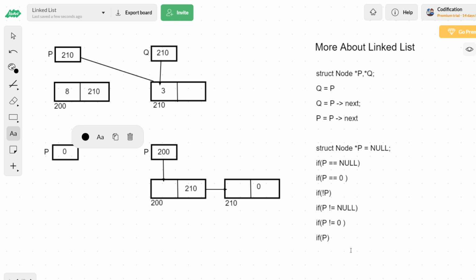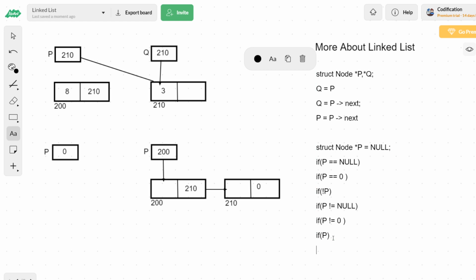Right? Okay, fine. Now it is all about pointers. All about pointers is over. Now let us enter into a node. You want to check whether a particular node is the last node or not. This is a task. How can we check it? I'll just write a condition for that.